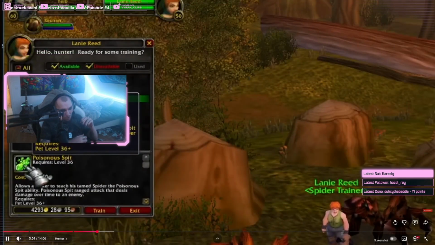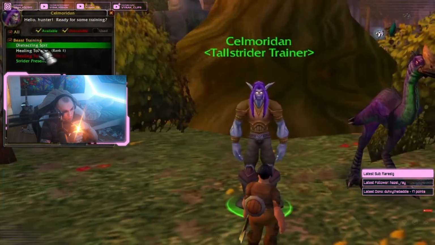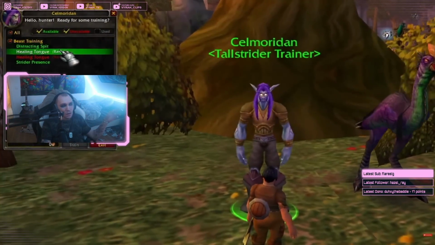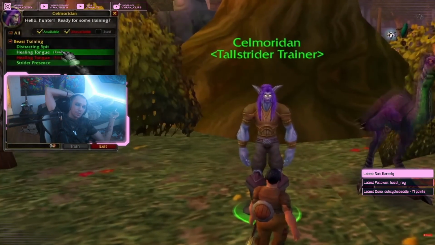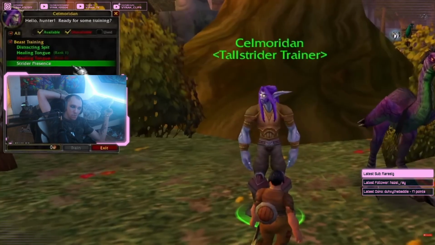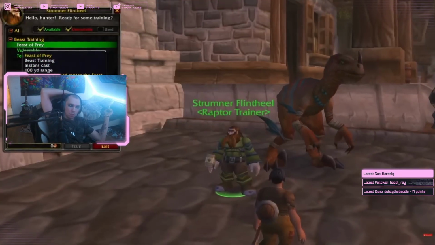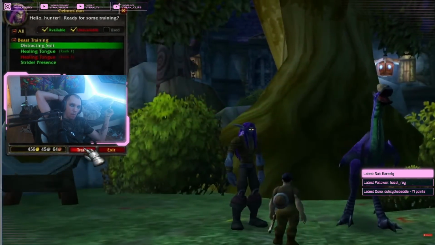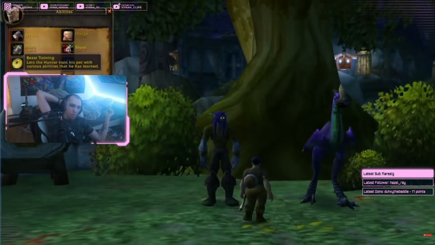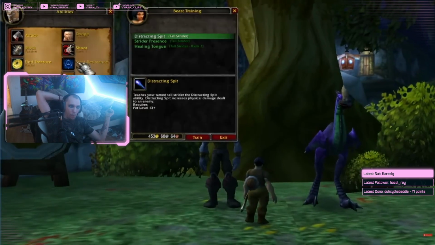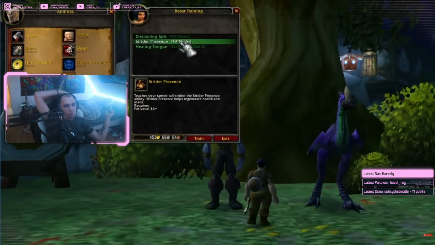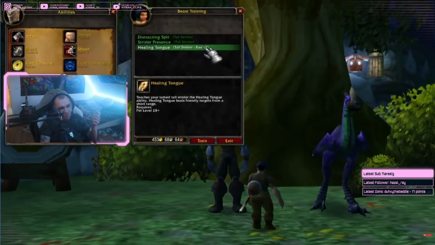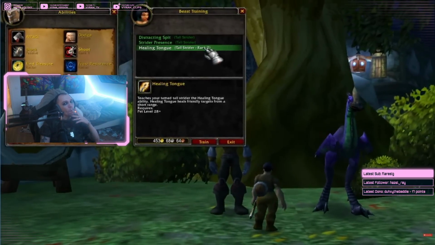A ranged poison spit. As for the tallstriders, they were more supportive, putting a debuff that increases damage taken, or healing a friendly target, or increasing regeneration rate. In general, they were much more unique than what they eventually landed on. How it worked was you learned the ability to train it from these trainers, and similar to the beast training skill in 1.0, the hunter would teach it to the pet once they reached the appropriate level. Although at this point there were no pet skill points that you had to allocate.